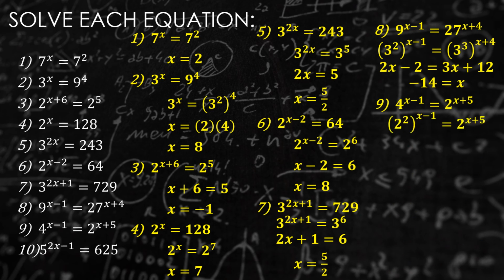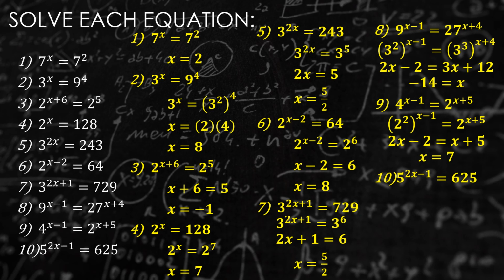So, i-multiply lang natin itong sa left side, mga exponents. So, 2 times the quantity x minus 1, ang labas is 2x minus 2 equals x plus 5. Combining like terms. So, we have x equals 7. For number 10,